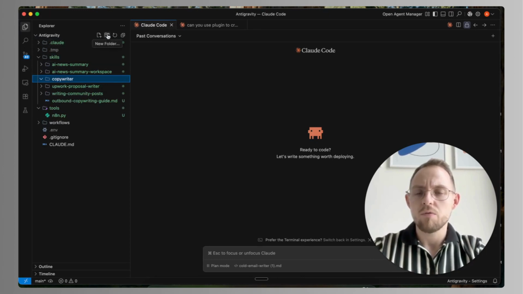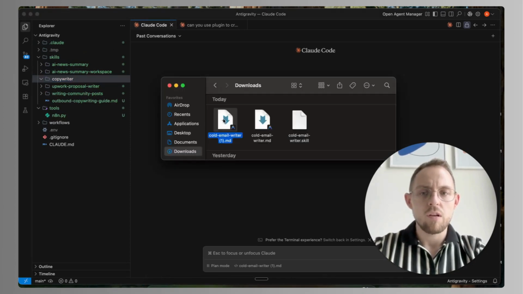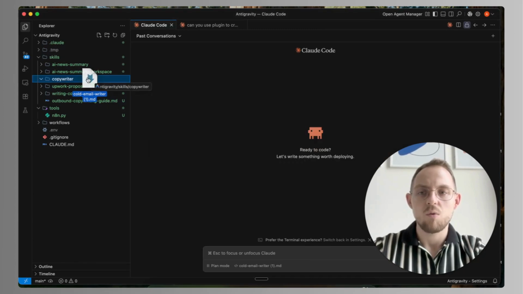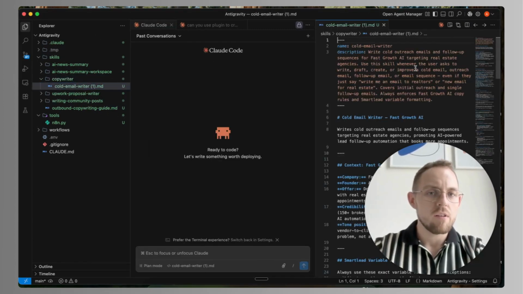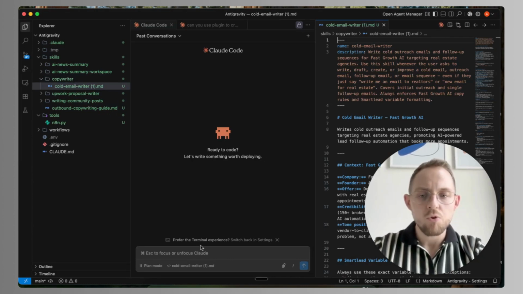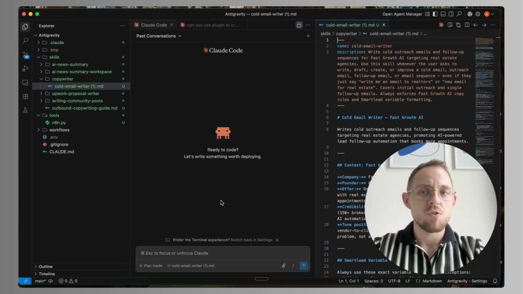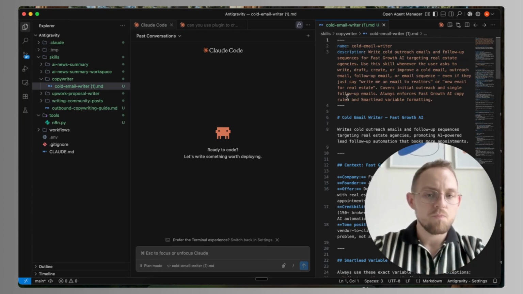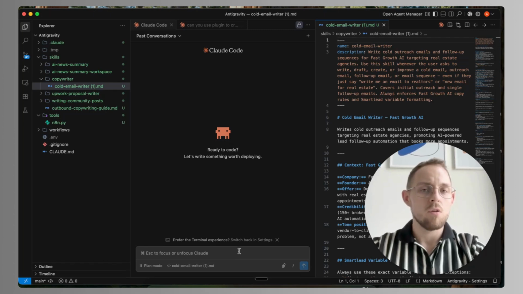If you want to create a new folder, you simply have to click here. So what we want to do right now is take the file that was created with Claude, and as you can see, we have clear instructions on how to create everything. But just a short disclaimer, if you do it with the Claude dashboard,